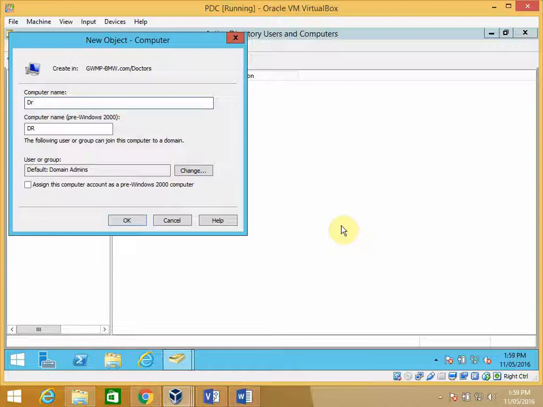So what would be the naming convention for this? Yeah, workstation, and it might be DR workstation D1,